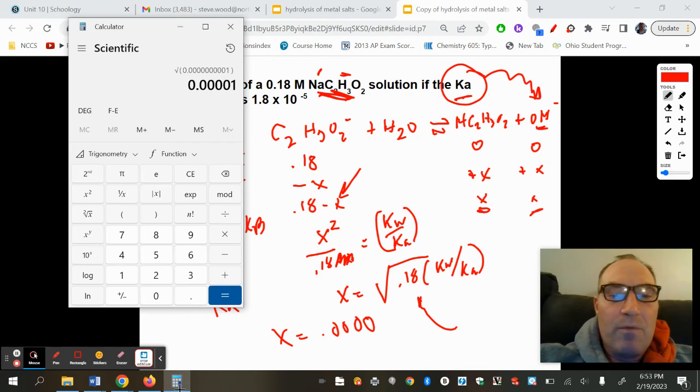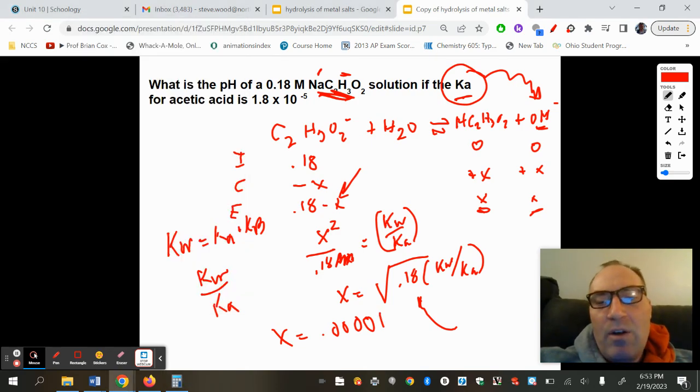Let's see, is that 1, 2, 3, 4, 4, 1. Okay, so I'm pretty sure that this just rounded this a bunch. So you may want to type this in your calculator and just confirm this calculation. But this is the essence of it: you just do an ICE problem like we've probably done a million times by this point. Okay, so anyways, since this is how much OH we have, we have to take the negative log of